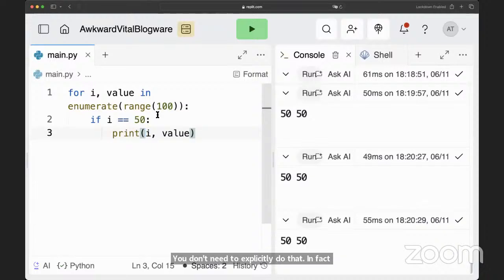You don't need to explicitly do that. You can just use enumerate range 100 and boom. I hope this is also all clear to everyone.